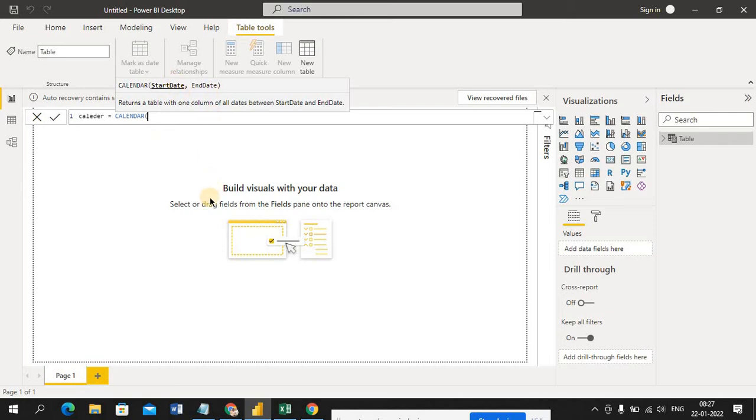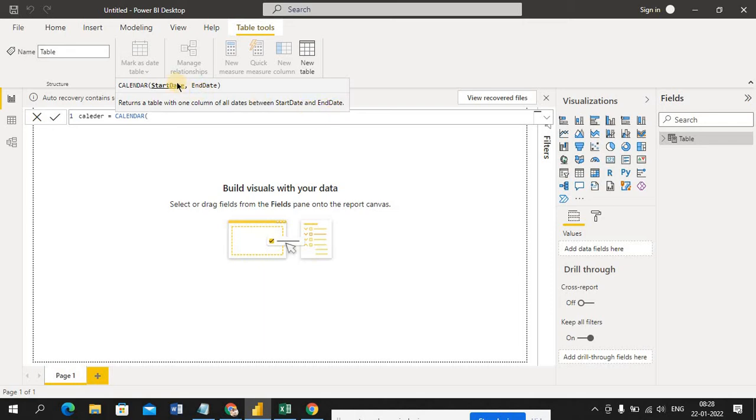So guys, one more thing, whenever you are writing DAX functions, it's very important to understand how the format is moving. Okay, so I just gave CALENDAR because I'm writing the function called calendar. I'm creating a calendar for my requirement. Okay, so you can see here when I give calendar, you have to read this: returns a table with one column of all dates between start and end date.